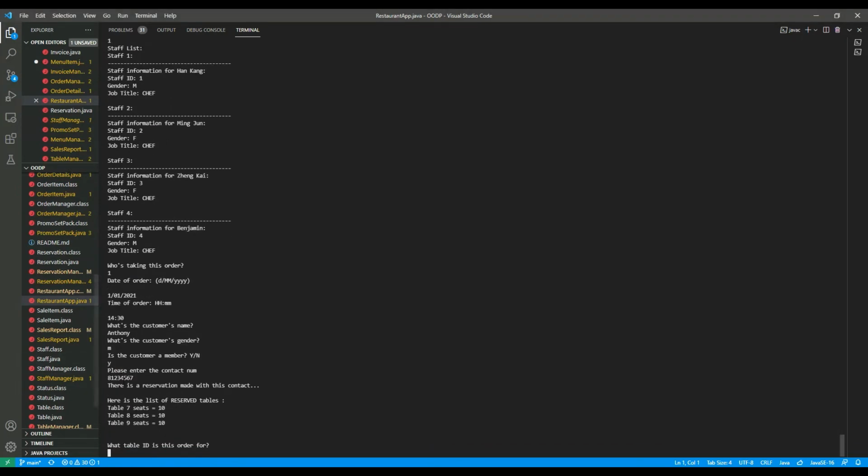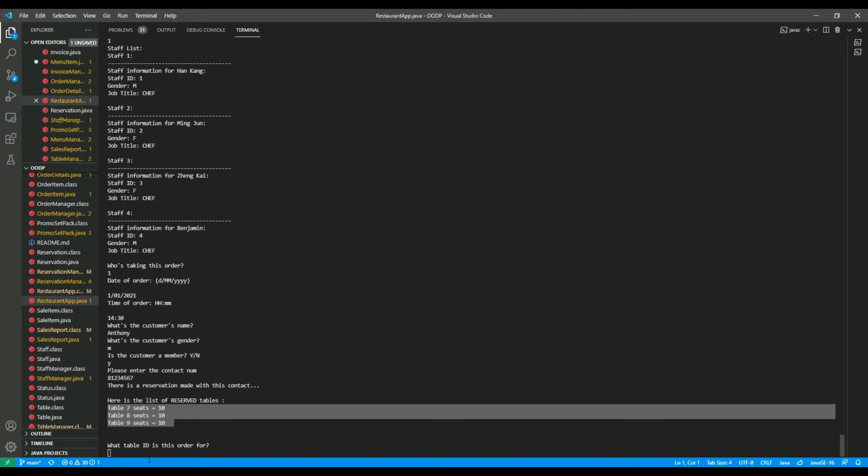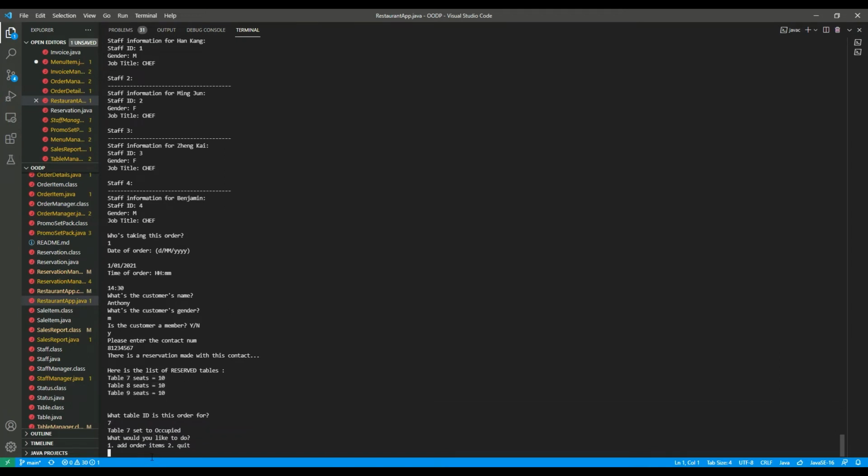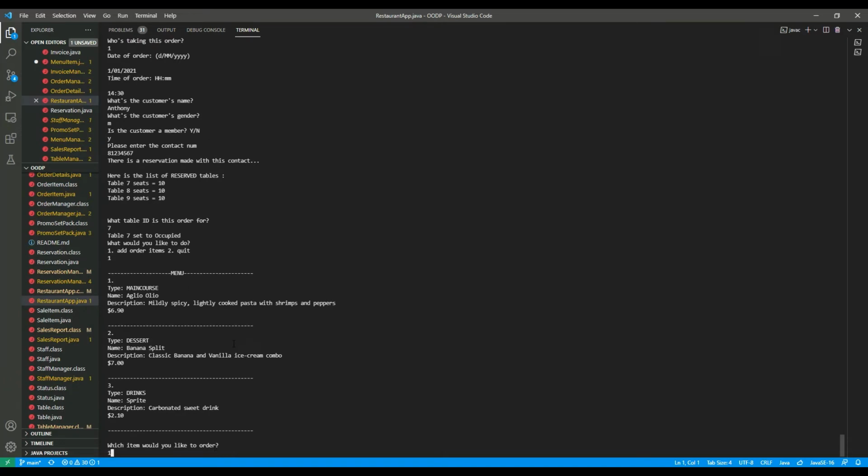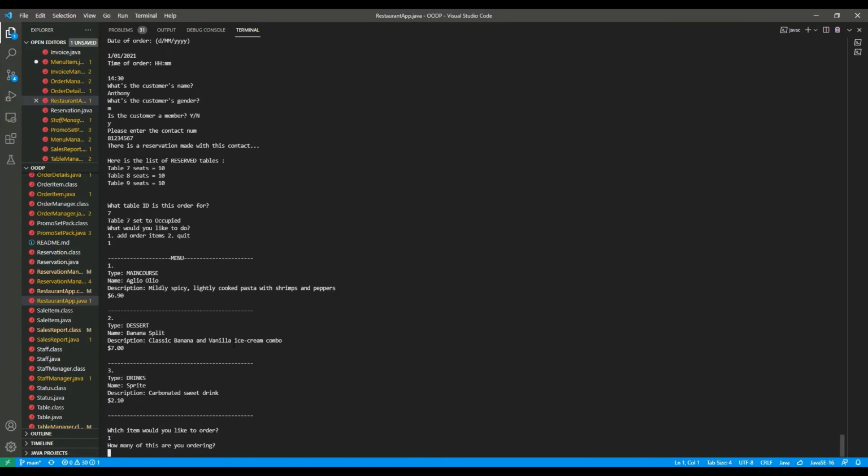So you should know that this contact number is one that has been used by the reservations, and hence the system found this and will print out a list of reserved tables for the user who's the staff to choose from for the customer. Let's choose 7 in this case, and we'll need to add order items to this. So let's just add 1 aglio olio